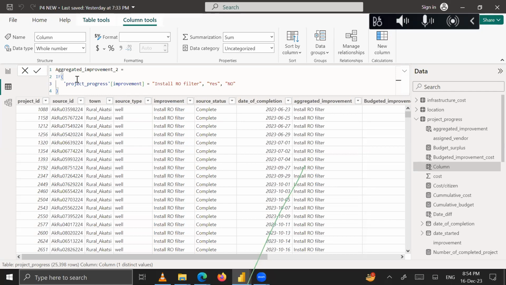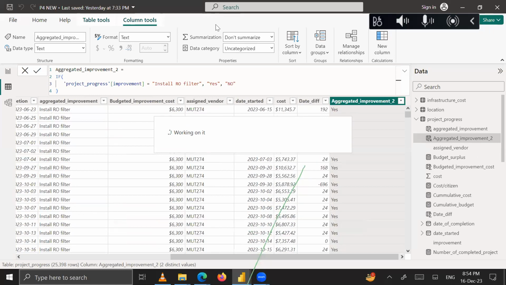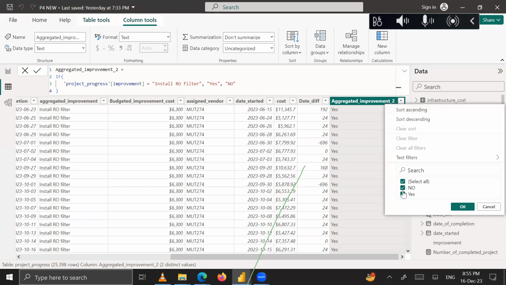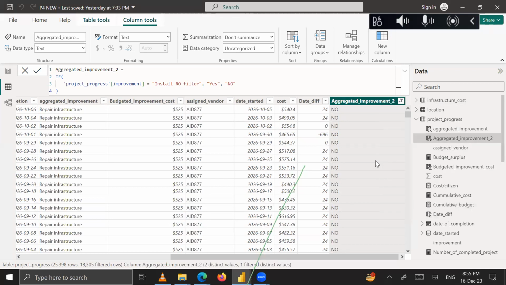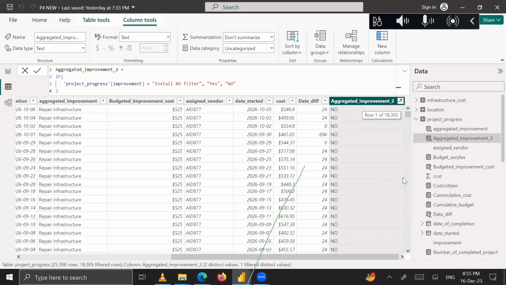I think we are completed with all our arguments. So let's try. All right, so we don't have an error. So we have the yes, yes, yes, yes, yes. And then you can see that we have yes and no. So let me close the no. And let's say yes. So we have all the necessary no's we need to have. So you can see that our logical statement is